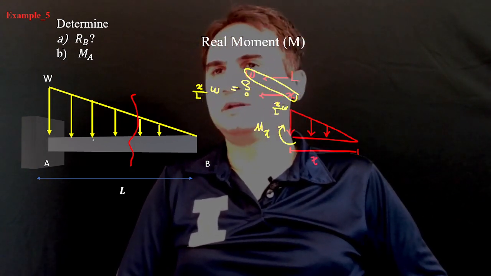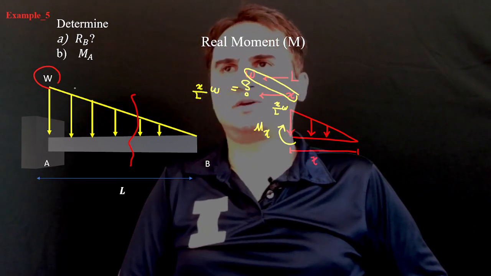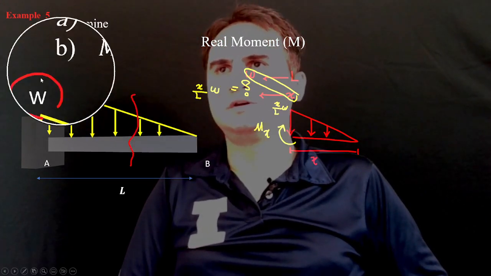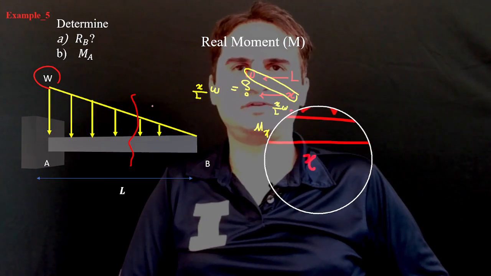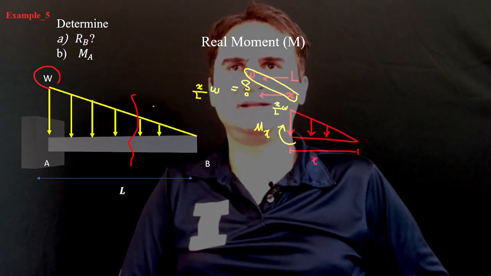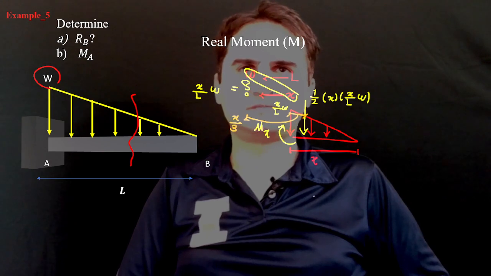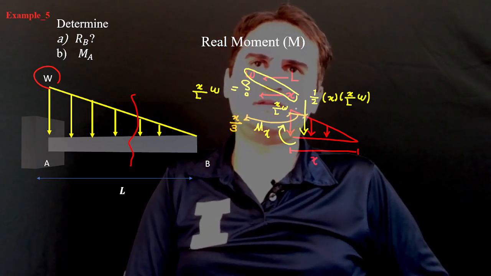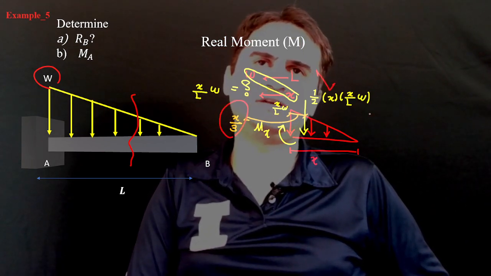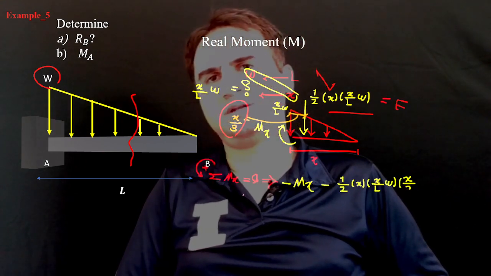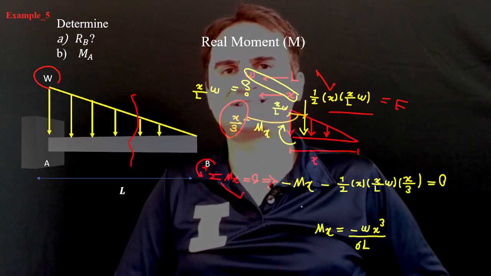Then, if we want to calculate the moment for this cantilever with the triangular load, at the far end the intensity of our load is W. But if we cut our section from the other end at an arbitrary length x, we have Mx, and our intensity is x over L times W. Then the location of the resultant is one third of x, and if you calculate the force, this is our force, and the summation of moments about x equal to 0 gives us this equation for moment,